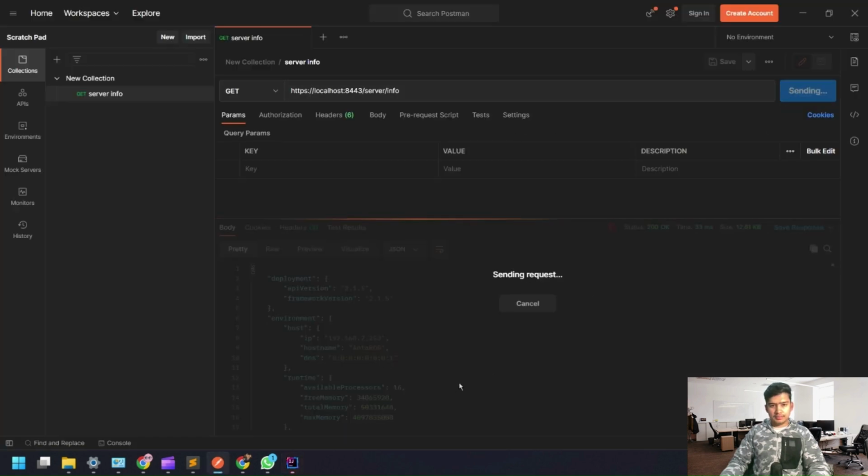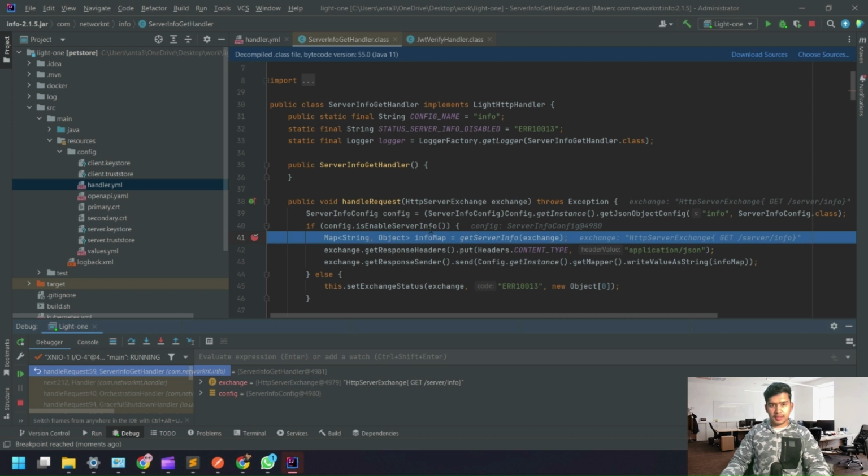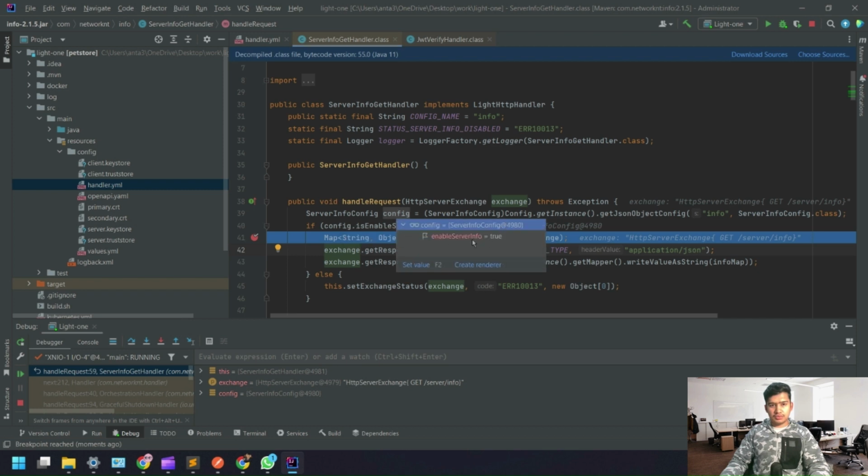And as we hit send, okay, it caught the debugger. Let's see what we have in config. We have a variable that is enable server info, which is set to true. So what we have in config is a boolean that is set to true, and that's why it has gone in. And server info.get exchange